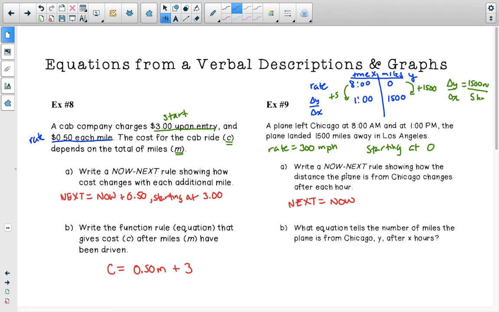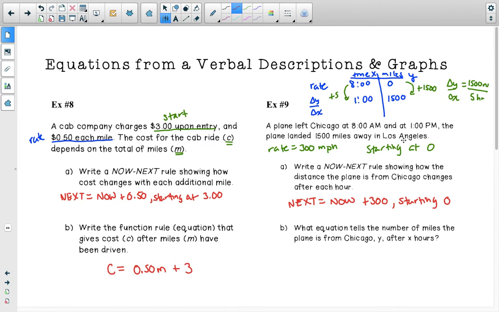So as the distance the plane is from Chicago changes after each hour, it will change by adding 300 miles. So we're going to add 300 miles away from Chicago every hour. But we start at 0 hours, so we're starting at 0 miles away, and then every hour we change 300 miles. Then the next hour we change another 300 miles until after 5 hours we get to 1,500, which means we're